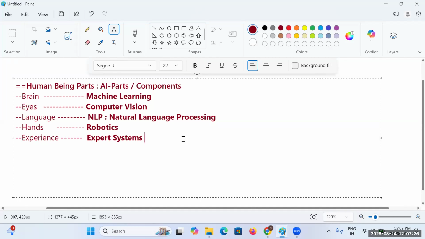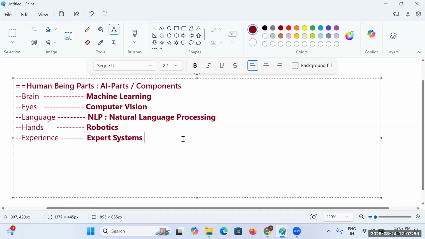So in this way, you have machine learning, computer vision, NLP, robotics, and expert systems here. Right? So this is how it is mentioned.